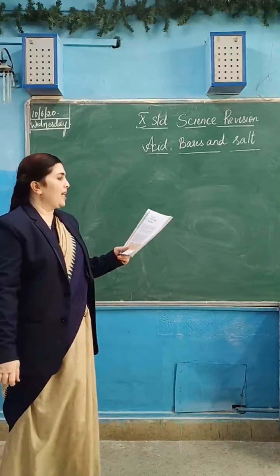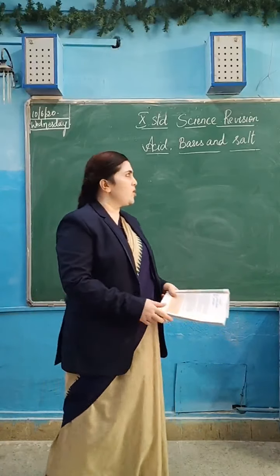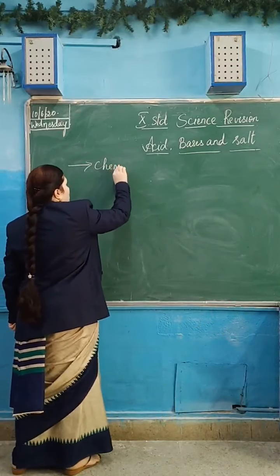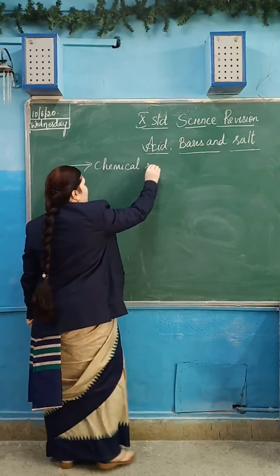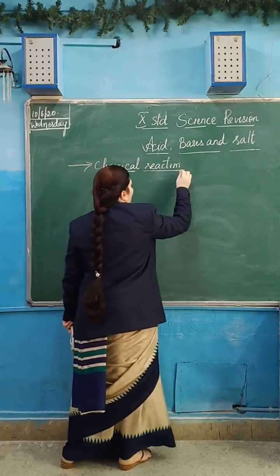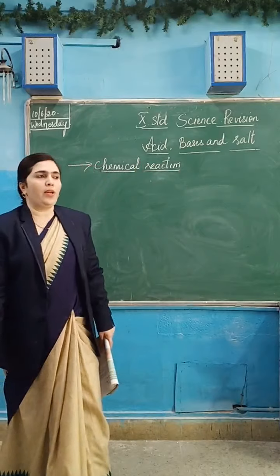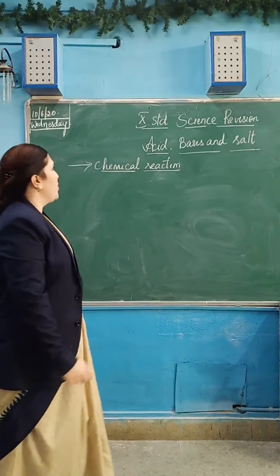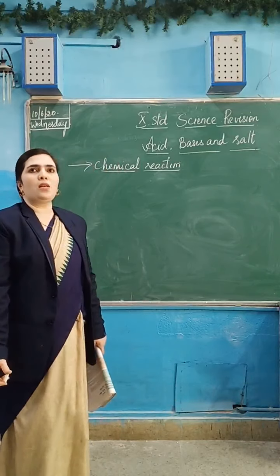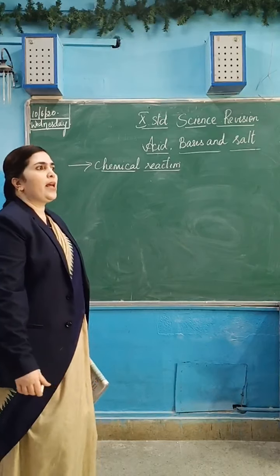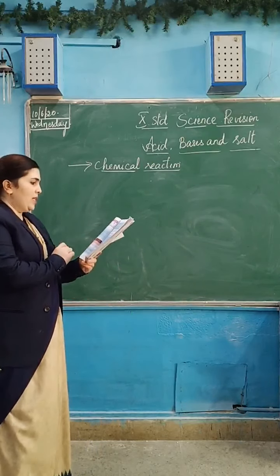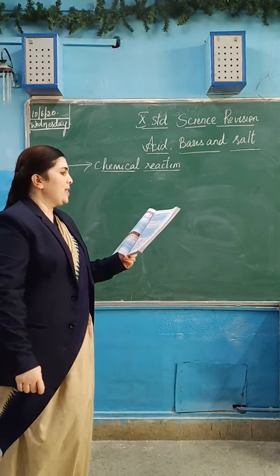The next lesson, the second lesson we will see here today, acids, bases and salts. Here also we see chemical reactions. Chemical reactions are very important in this lesson. They may ask any type of chemical reaction, either to balance the chemical equation, or the different types of chemical reactions, under what conditions they are reacting. So particularly in this lesson we will see how acids and bases react